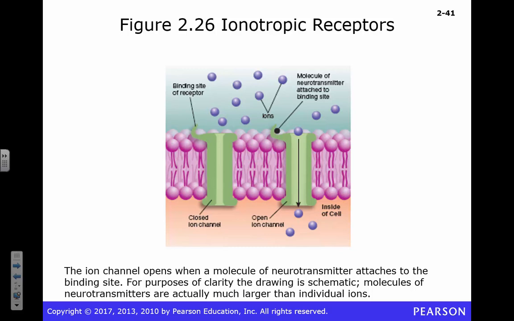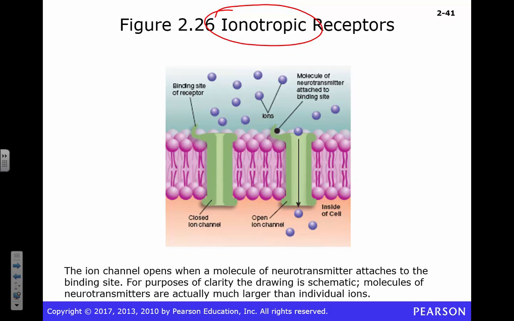Let's talk about ionotropic receptors. There are two kinds of receptors. Well, there are like millions of kinds of receptors. There are two categories: ionotropic and metabotropic, right? These are interesting. So far, I've basically assumed that we were talking about ionotropic receptors. I didn't bother to tell you there was anything else.